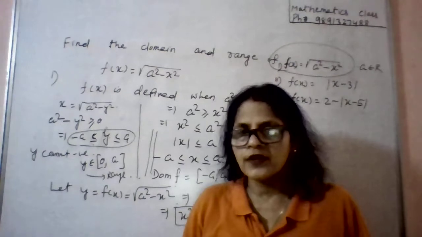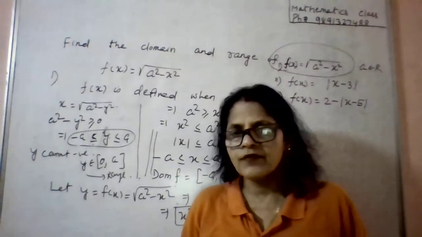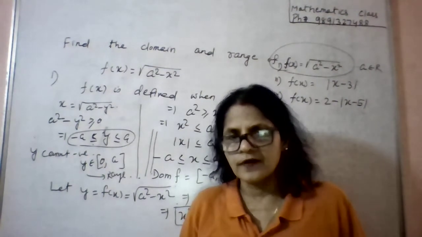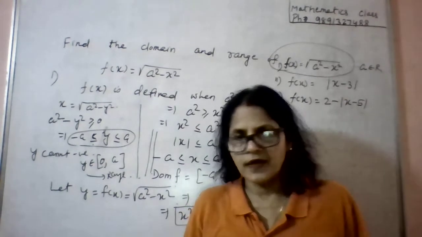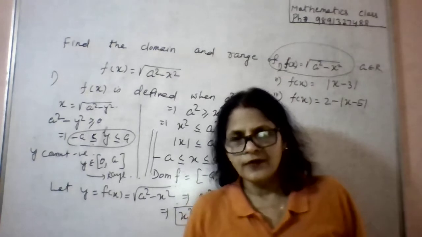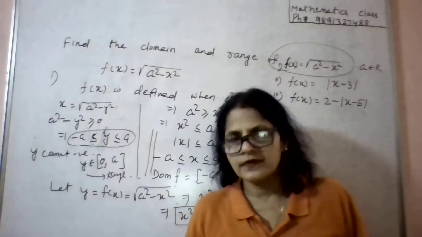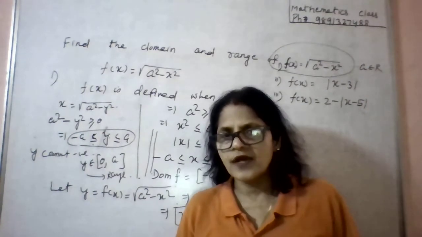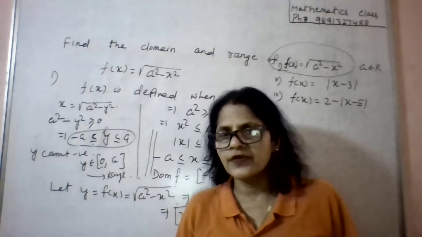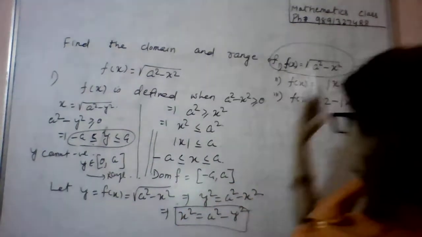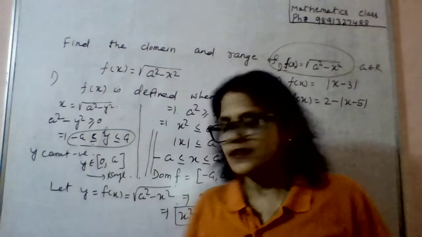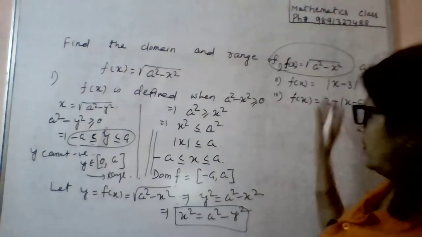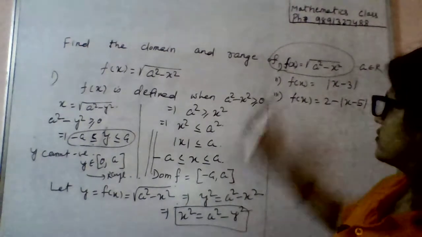And if you draw the graph of this function, you will be getting a semicircle. Again, you can take help of the geometric tool GeoGebra. As I have shown you in the class also, using GeoGebra we get the graph of this function as a semicircle, right? So similarly you can just try. So this is the domain and range of this function.